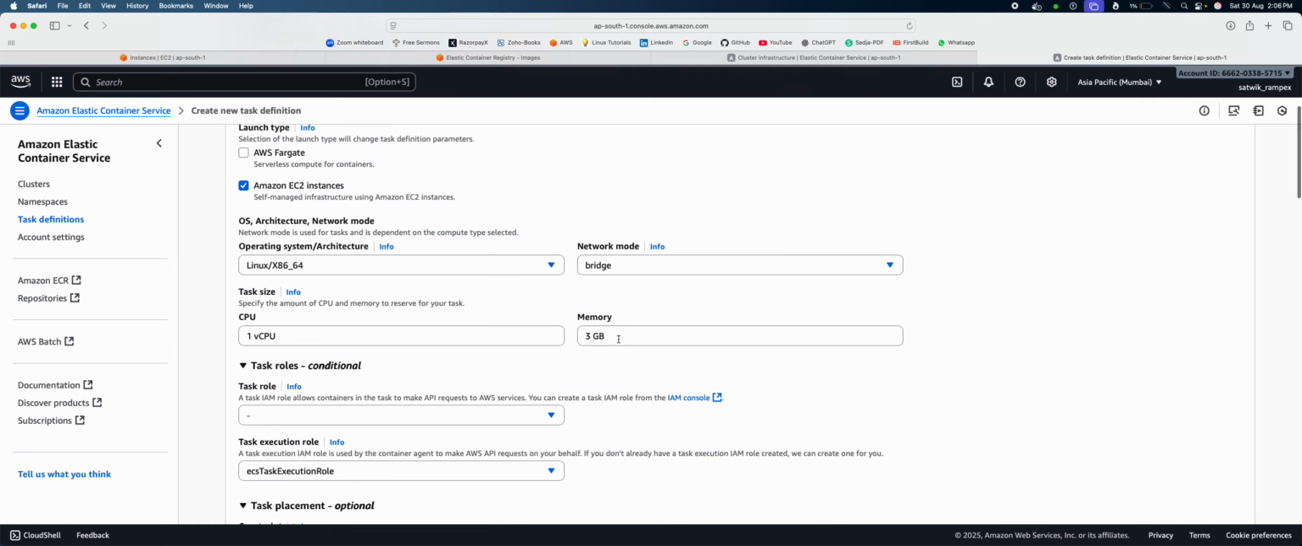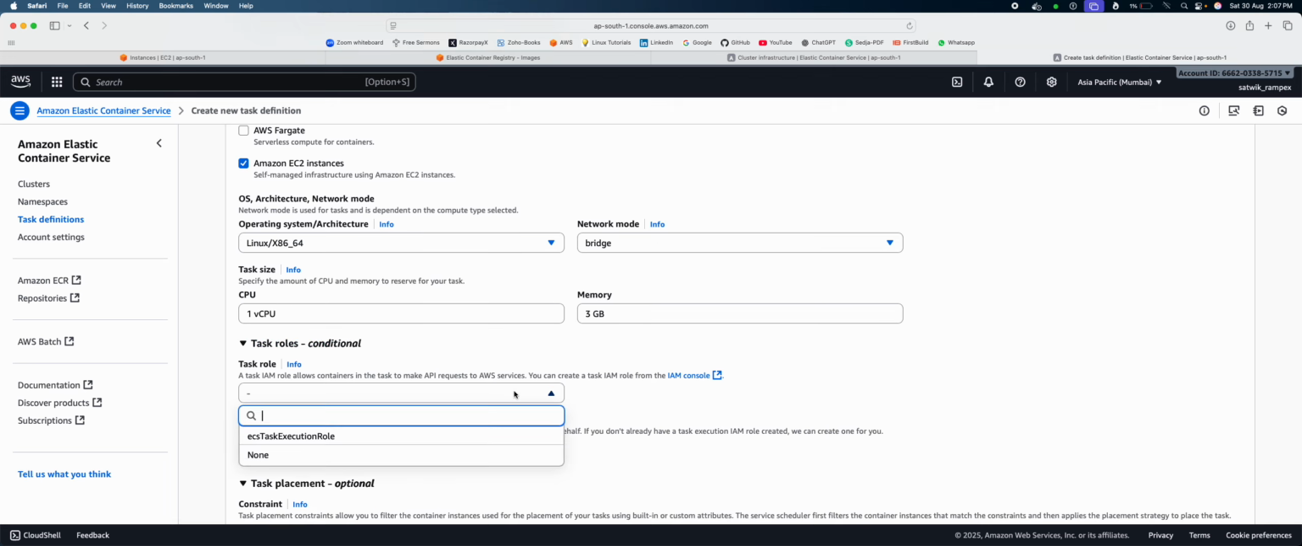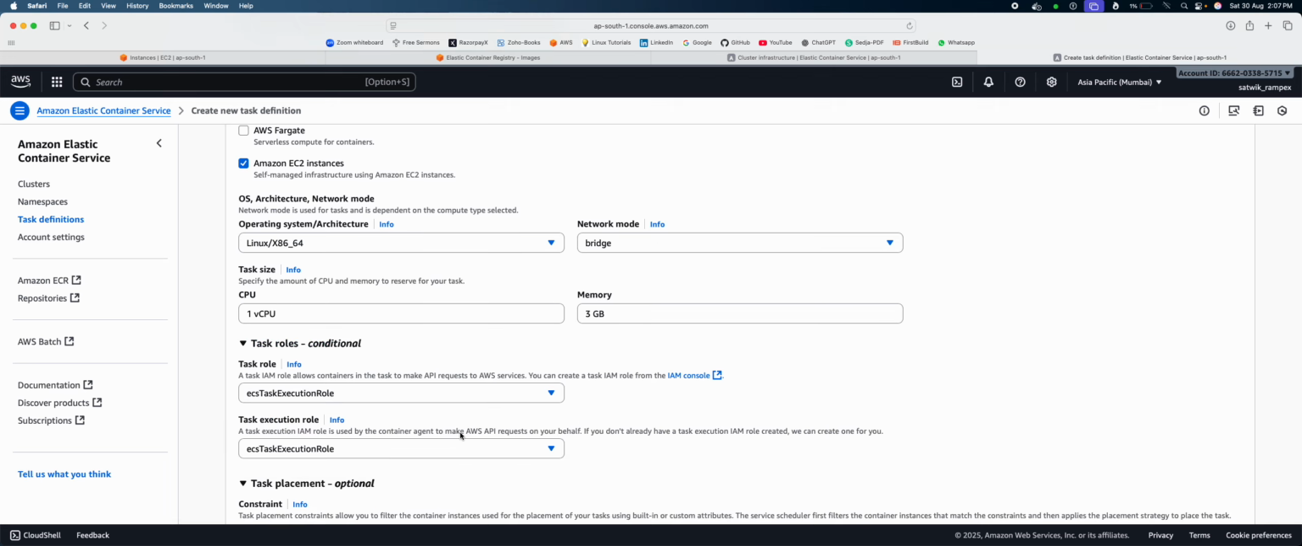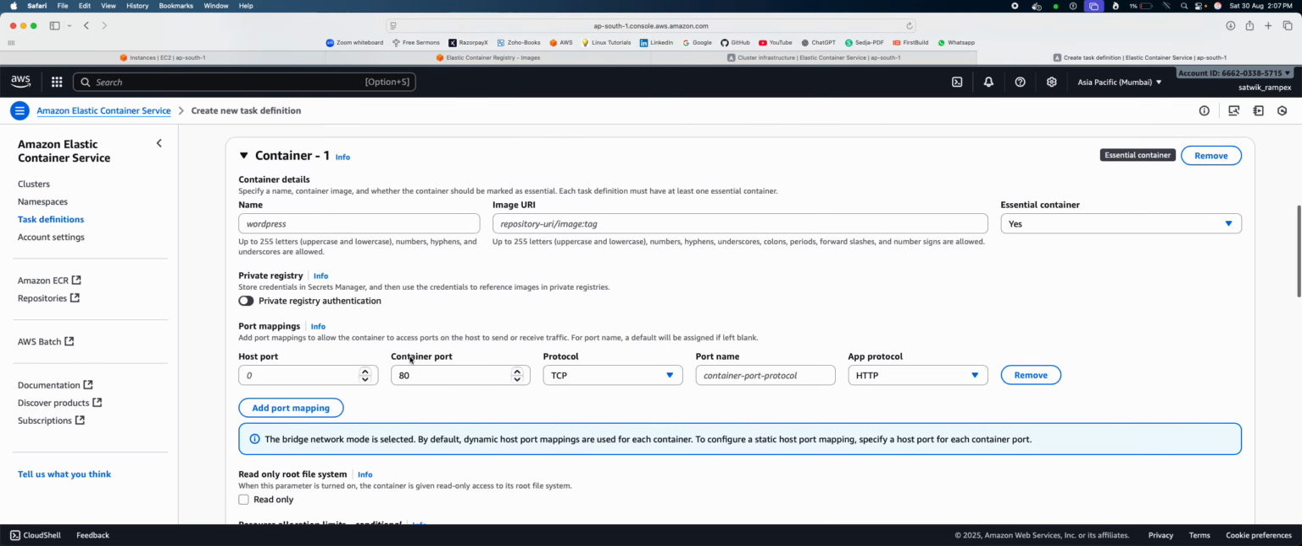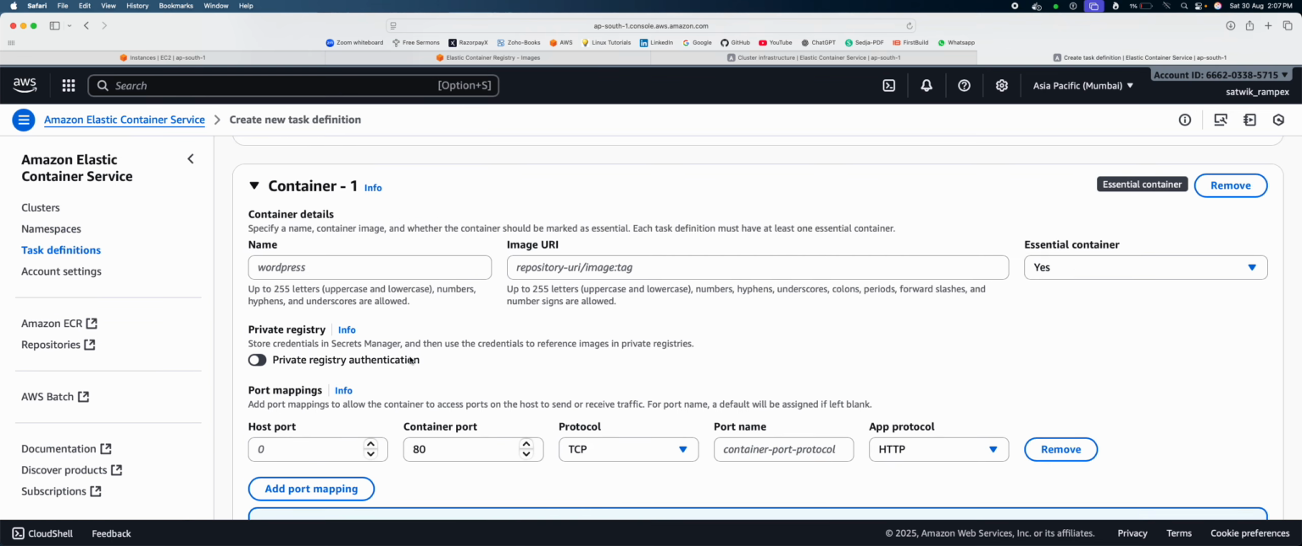Next, task size, CPU is 1 vCPU, 3 GB of RAM. And the task role is already created while the cluster was created, so select the task role. And next, container. Here it is asking for the container name, so on what name you want your container to be created. So let's give